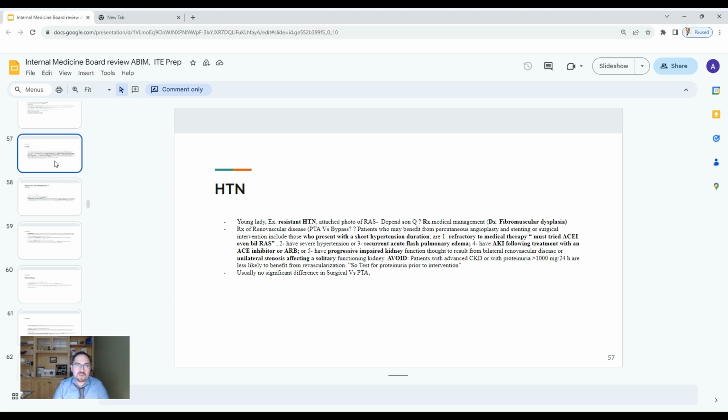Usually the benefit of revascularization is very low in those patients, especially if it's established hypertension that has been there for a long term, and if it's bilateral, or even unilateral with a single kidney. So when to go for revascularization? If it's short term, a newly discovered hypertension that was already refractory, and you tried two and three blood pressure medications, including ACE inhibitors or ARBs, and the patient continues to have severe high blood pressure, recurrent admissions with flash pulmonary edema, an AKI, and a contraindication to use of ACE inhibitors and ARBs, then yes, you can go for revascularization,